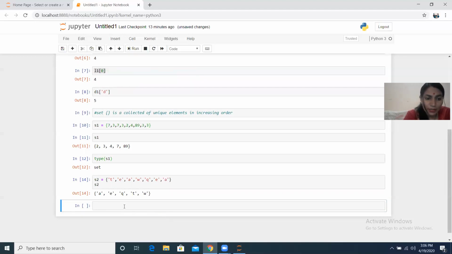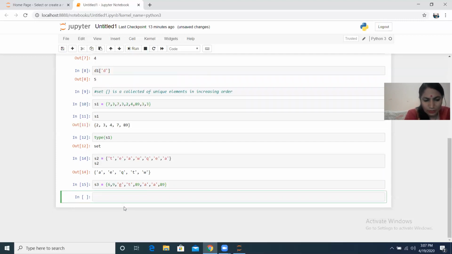In case you have a combination of numbers and strings as well, let's create a separate set, and we have used the string as well and some numbers, and here it is. Duplicacy as well at alphabetical level and for numbers as well.